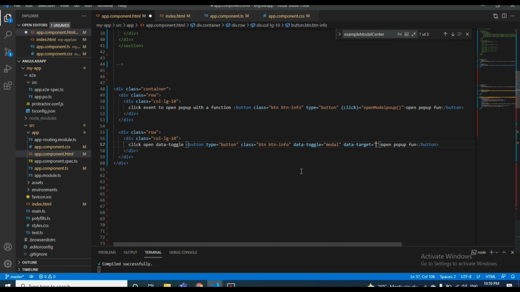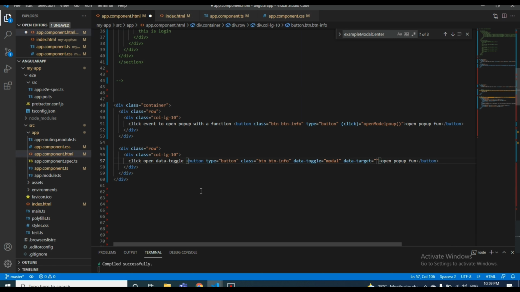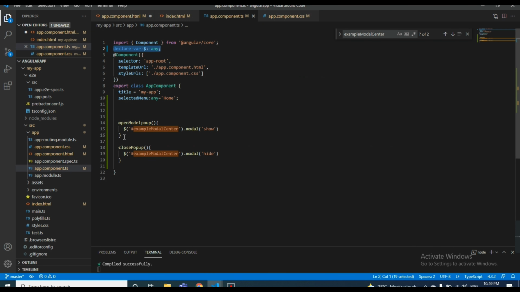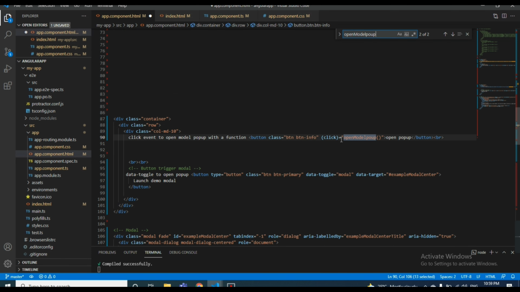We need to give the data-target as the ID of the pop-up. See, I'm giving the example modal center.